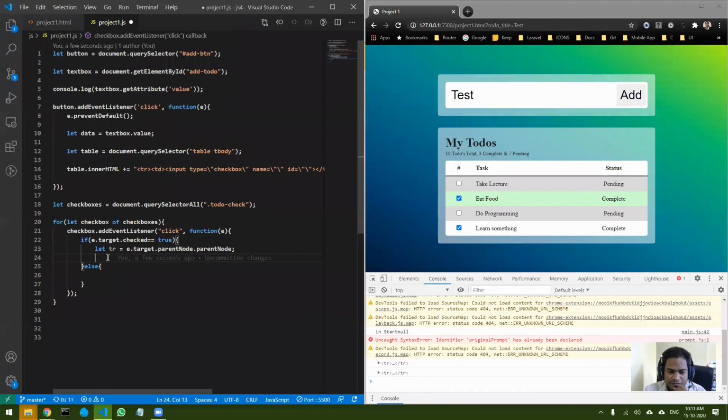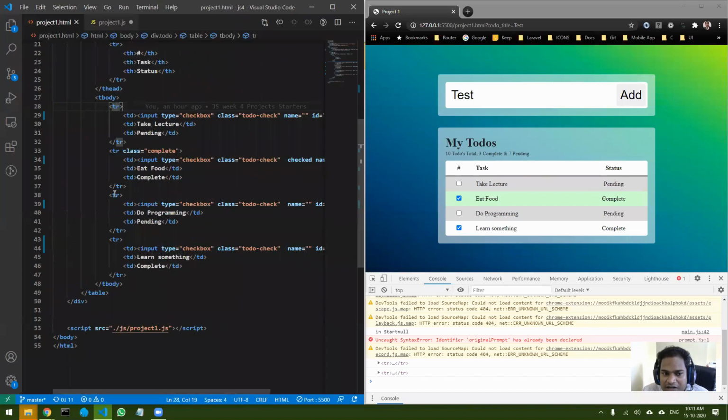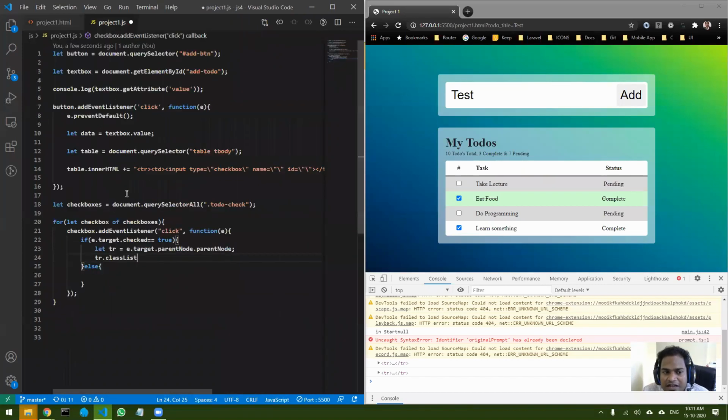To do that, let's do tr dot classList. This property gives you all the classes that are assigned to any particular element. You can take any element, and let me just show you by console.log.